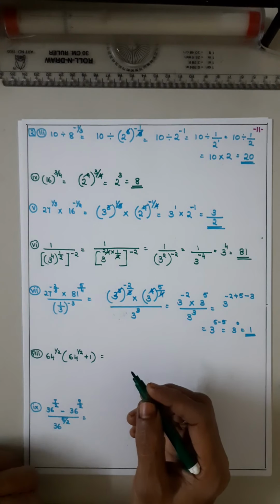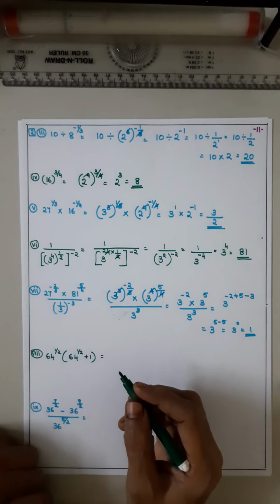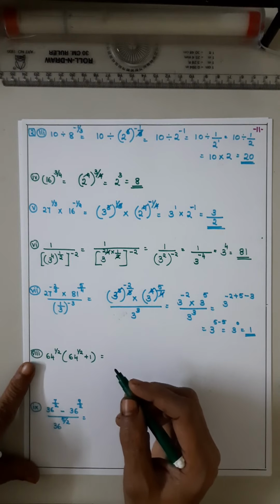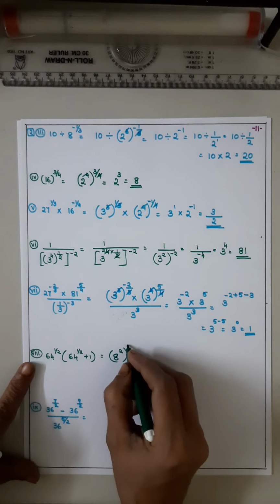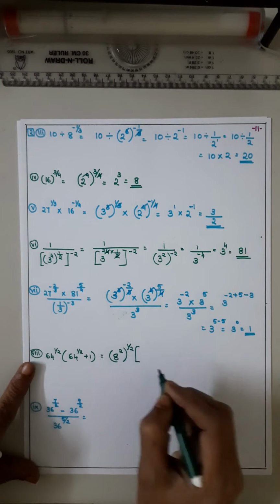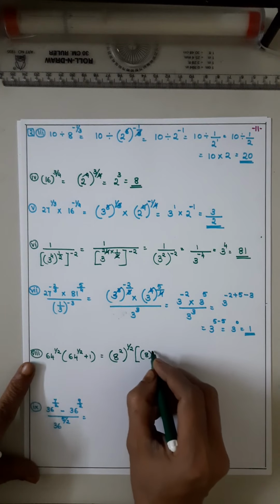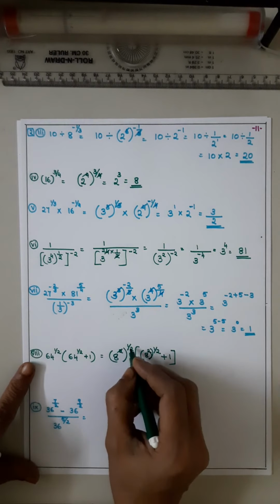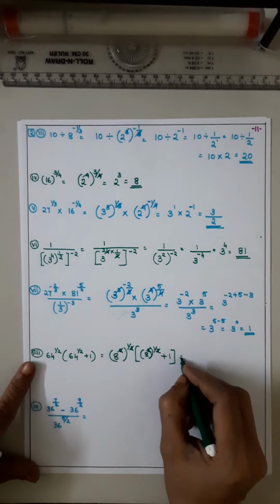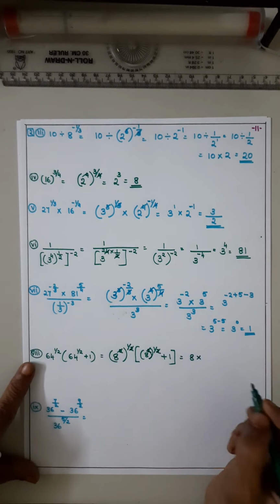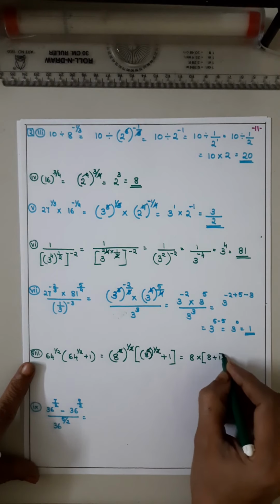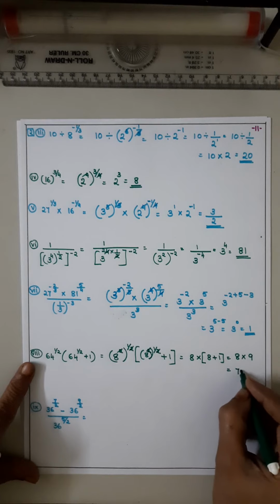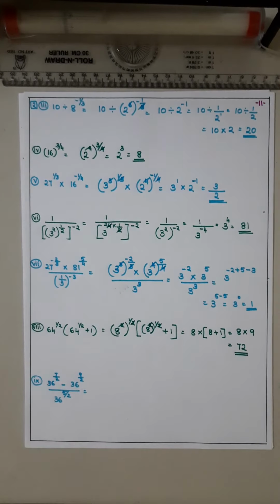Now 64 to the power half and bracket open 64 to the power half plus 1. अभी 64 to the power half. 64 किसका स्क्वायर है? 8 स्क्वायर to the power 1/2. अभी इधर दूसरा स्क्वायर ब्रैकेट ले लो. अभी 64 पहले के जैसे ही 8 स्क्वायर फिर 1/2 प्लस 1. अभी ये 2 and 2 कैंसल, ये 2 and 2 कैंसल. अभी आया आपको 8 इंटू 8 प्लस 1. तो कितना आया? 8 into 8 plus 1 is 9. That is 72. Are we understanding?